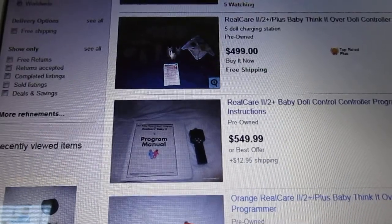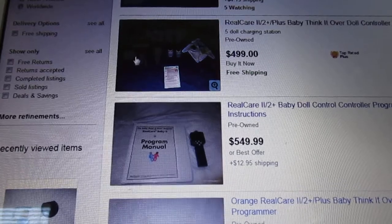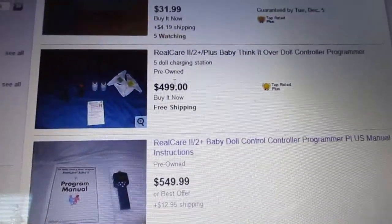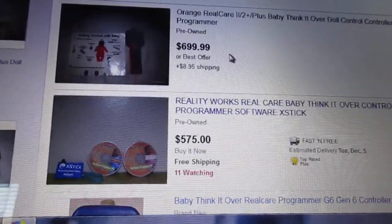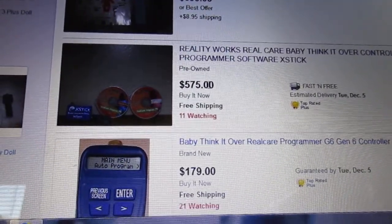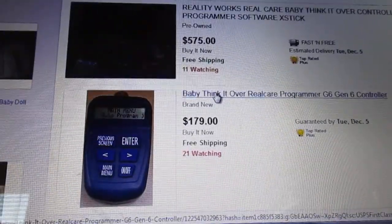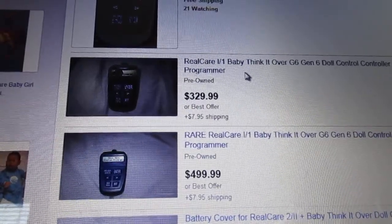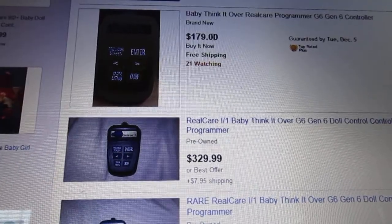This one actually has kind of like a kit. It's got the 5 charging station, and it does have the control, but once again, it's still this $500 price. This one's $550. This one's $700. And then somebody is selling an xStick for $575. And the old controls are cheaper. Like this one is right now for